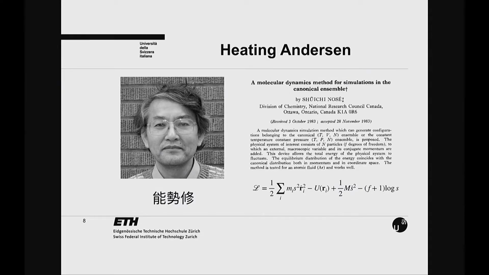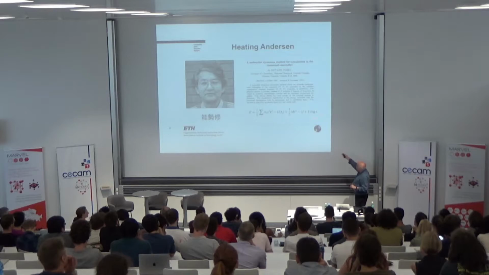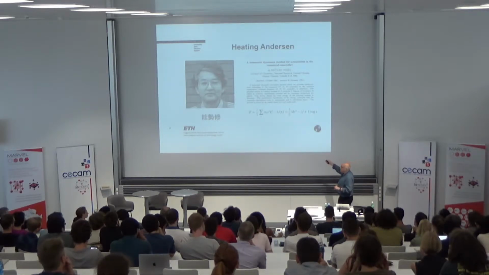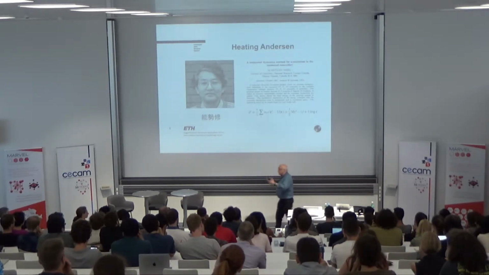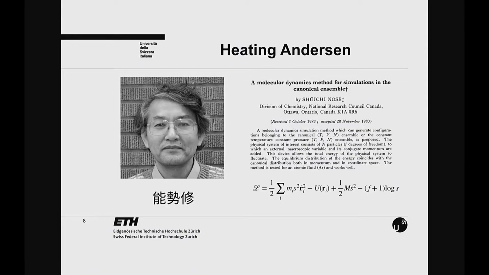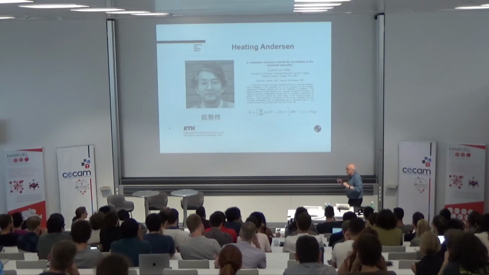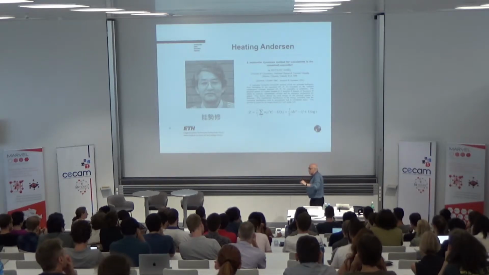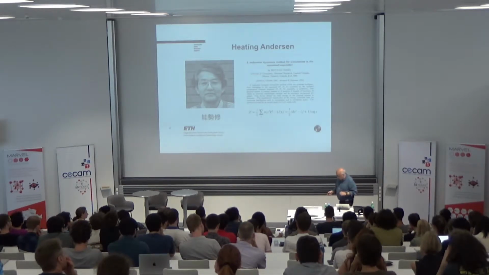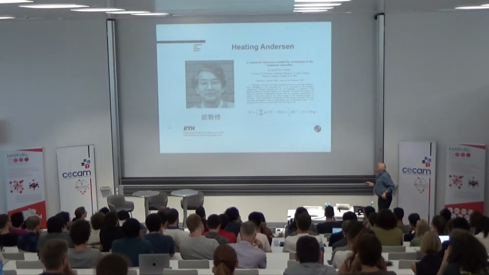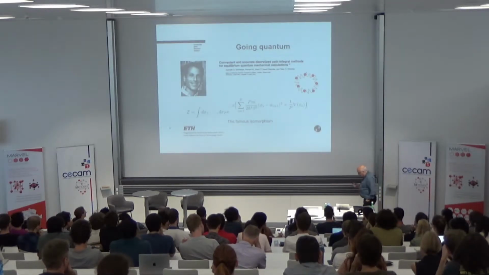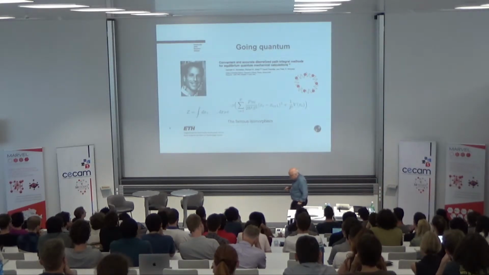Then his stroke of genius was to add this extra term, and this led in a non-stochastic world to control the temperature. Of course, there are problems and so on, but I will not go into the details. I just want to say this is a child of Andersen's paper. Okay, so come with another paper which was important in those days.